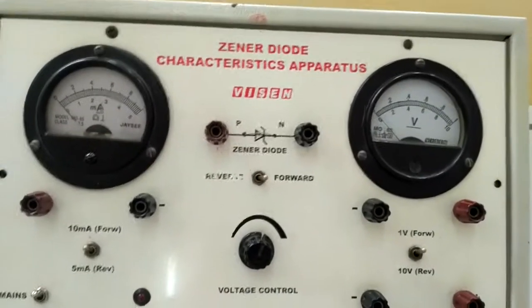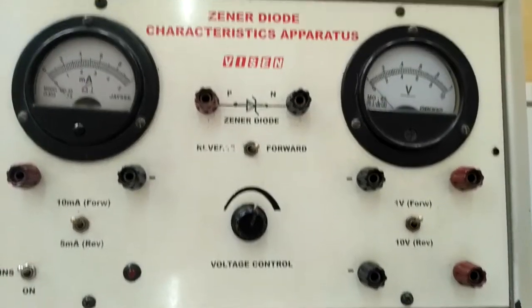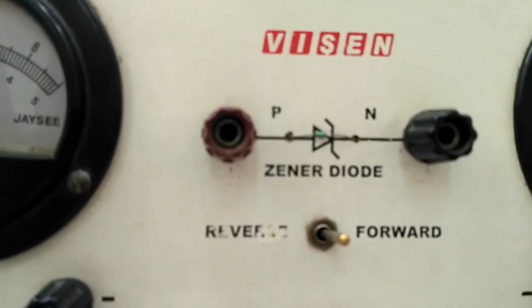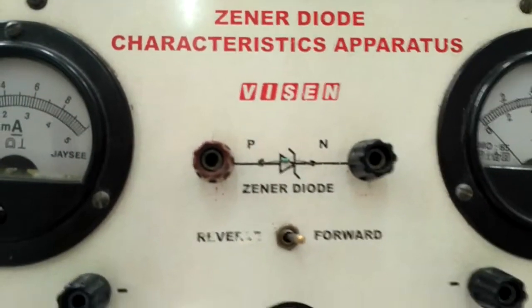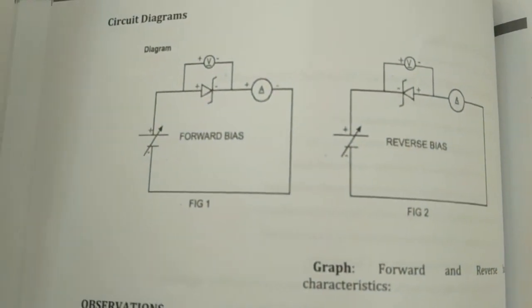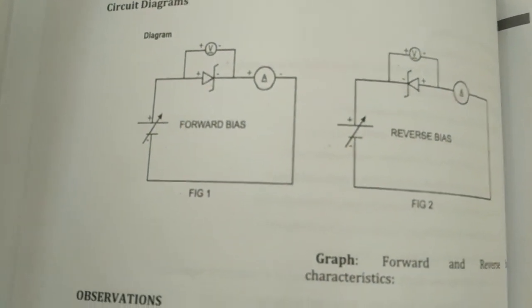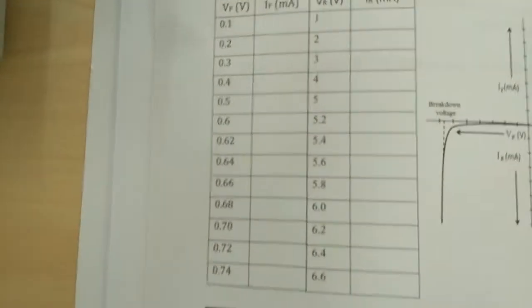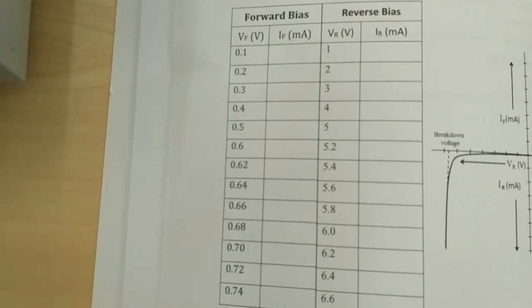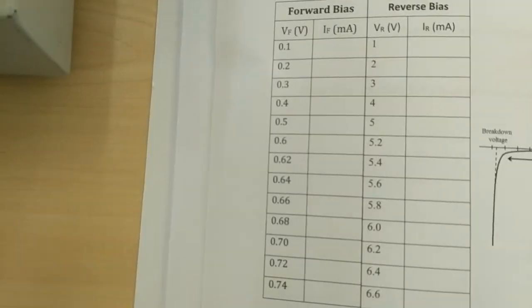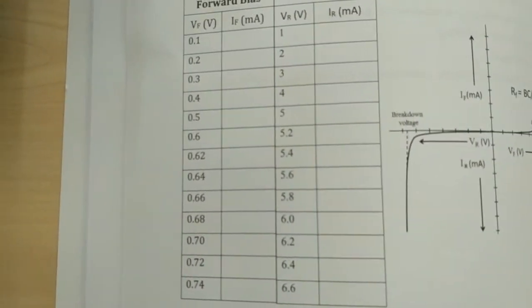This is regarding Zener diode characteristics. We need to connect the given Zener diode in forward bias mode and the reverse bias mode. So as per the circuit connections, we will connect the circuit accordingly in the forward bias mode and in the reverse bias mode, and we will vary the voltage across the forward bias mode as well as across the reverse bias mode and find the knee voltage and the reverse breakdown voltage across the diode.